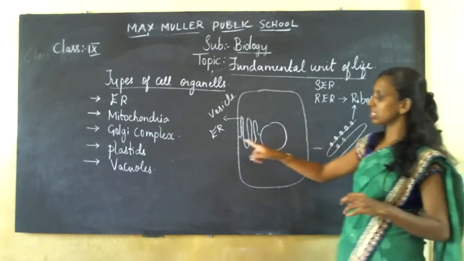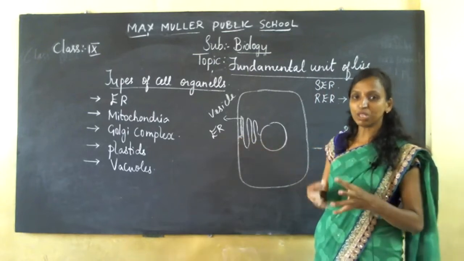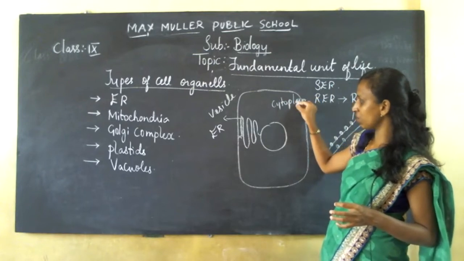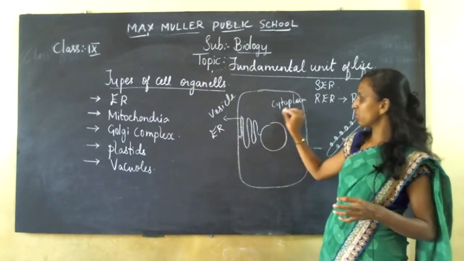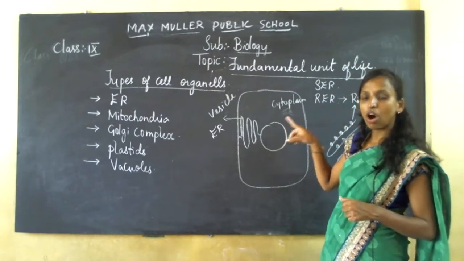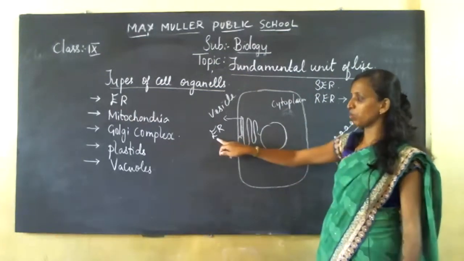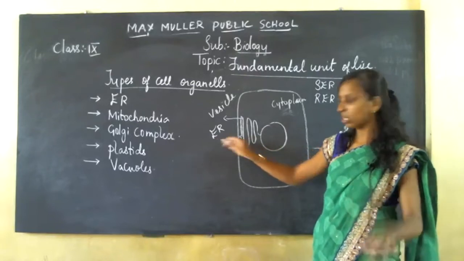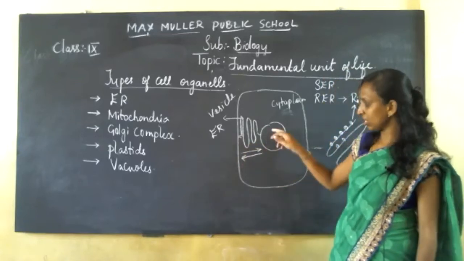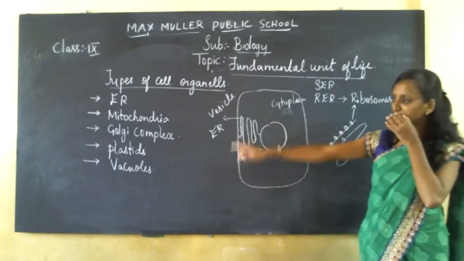Now, what is the work of the endoplasmic reticulum? It is the transport of material between the cytoplasm and the nucleus. The fluid-like jelly or substances inside the cell have to enter the nucleus, or from the nucleus they have to exit out to the cell organelles. That transport is brought about by your endoplasmic reticulum. Whatever substance has to be transferred in or out of the nucleus and the cell organelles is carried by the ER.